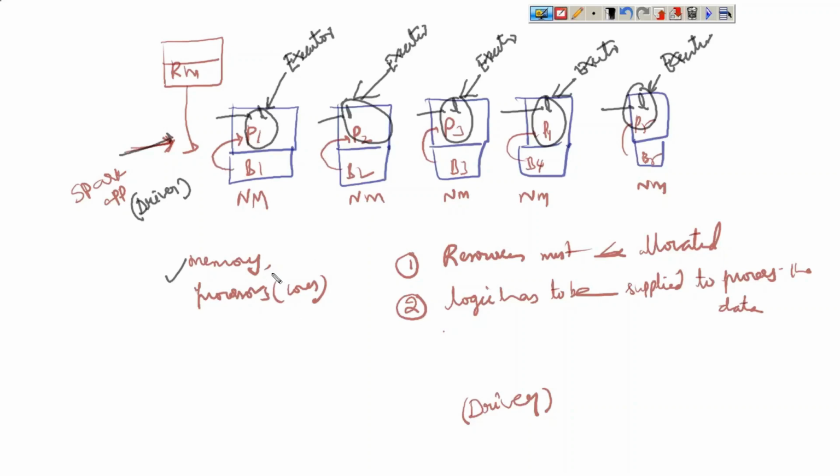After that, resources must be allocated. Who is going to provide the resources? Resources will be supplied by the node manager, and the logic is provided by the driver. So everything is provided. Once the partition and logic are available, the data can be processed. That data processing can be done by a program called the executor. Remember, that's very simple, nothing to worry about here.